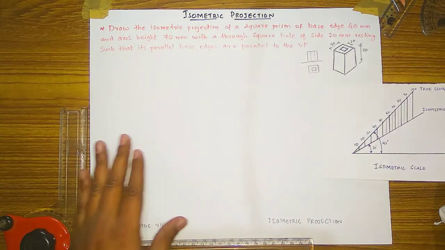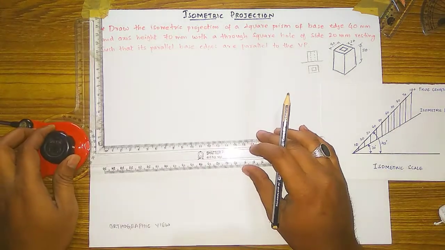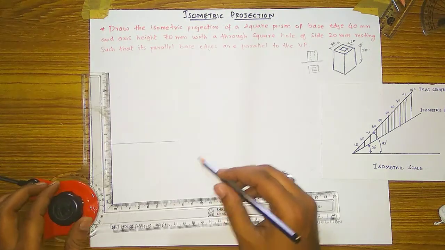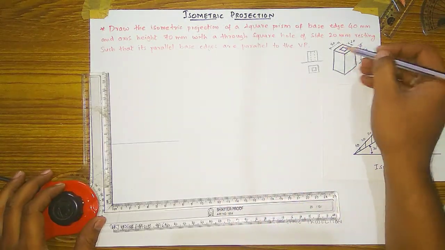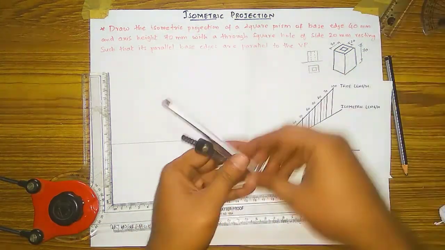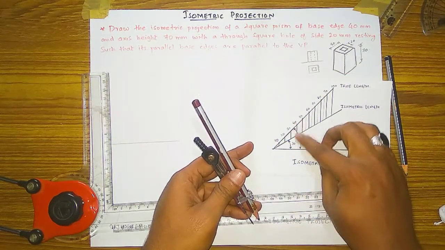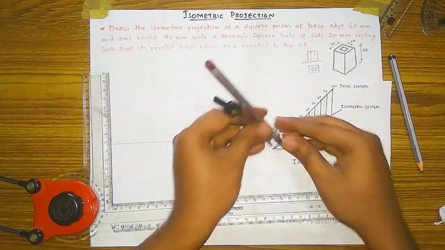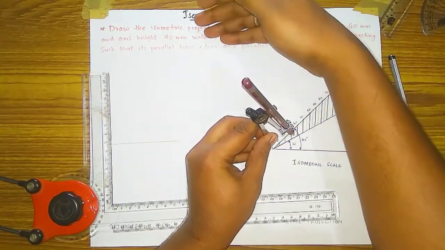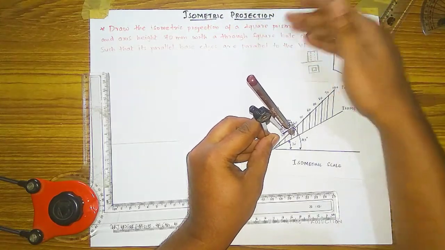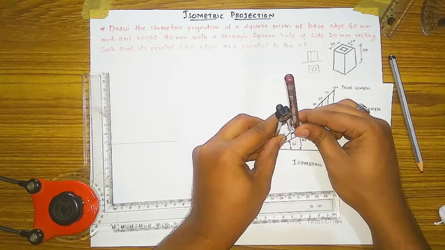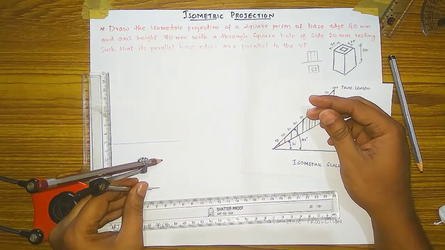First you have to draw the orthographic view. So how to draw it? By taking a line like this, and in the question this side is 40 mm. The true length is 40 mm, but we have to take the isometric length to draw this square. All dimensions given in the question should be taken on the isometric scale only and drawn. So for 40 mm, I am taking this much, which means this much square you have to draw here.